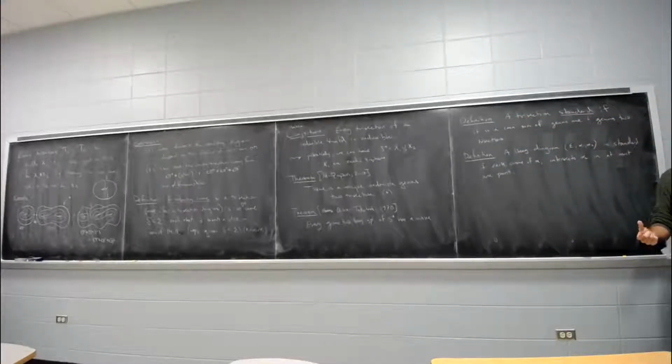So for every alpha curve, you either have a single intersection with the beta curves, or you have no intersections